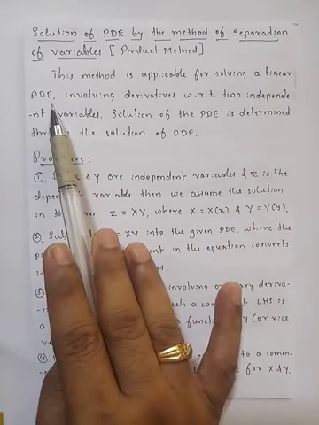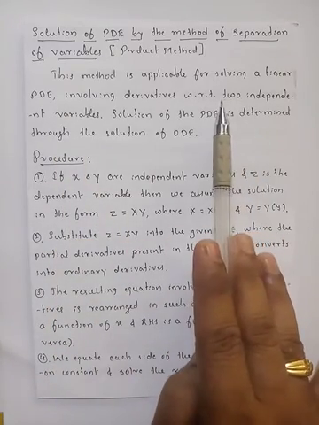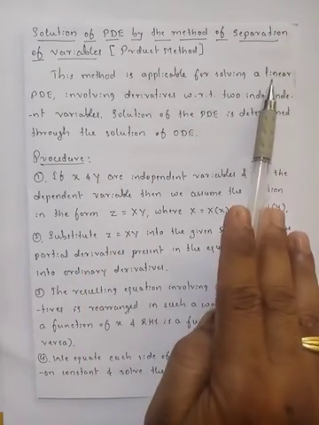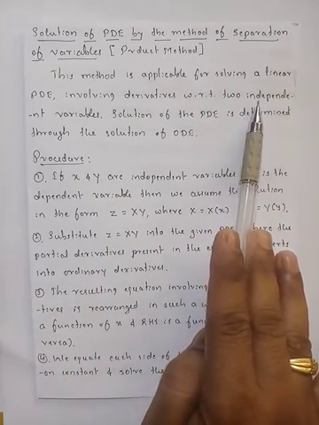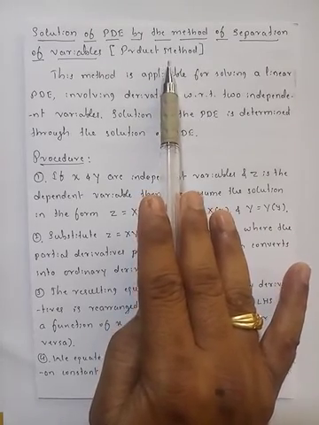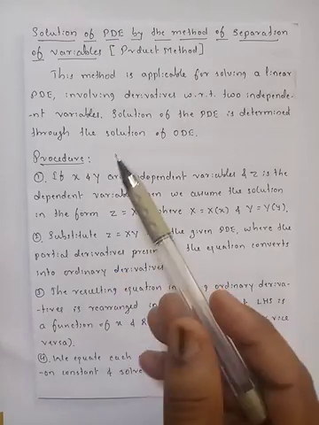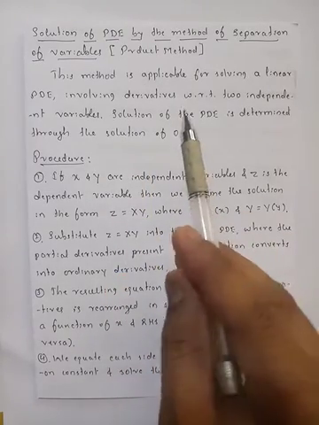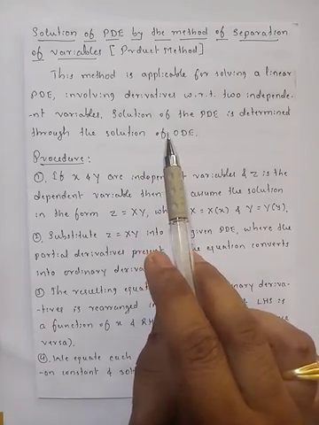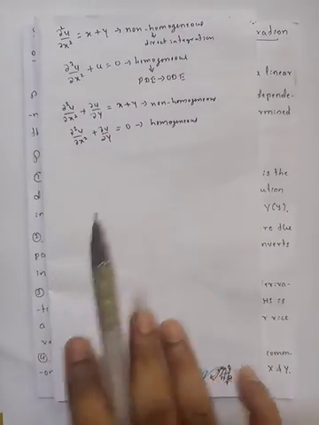And the other condition, one more condition, is the equation must contain two independent variables. So remembering these two conditions, we have to apply the product method. Okay. Now adding to this explanation, I'm just giving some differences between the previous methods which we discussed. That is, see here,